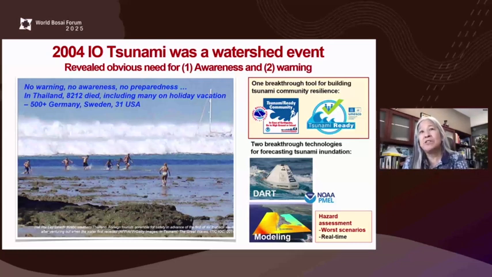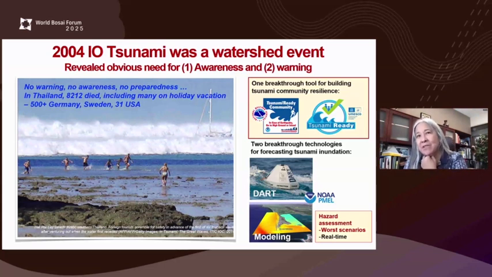we're going to talk about today, which is building resilience at the community level through things like Tsunami Ready. But at the same time, we had the concept of these deep ocean DART instruments, which help to improve our forecasting capability.